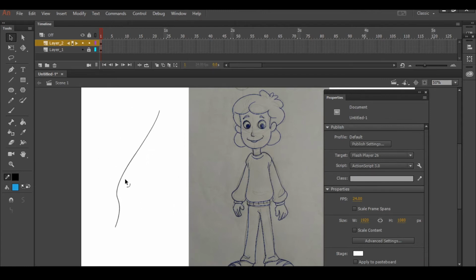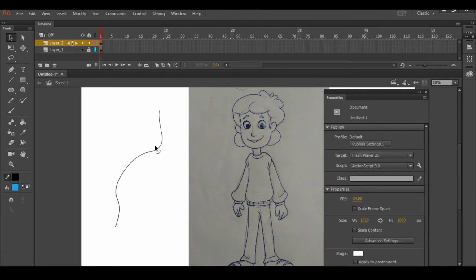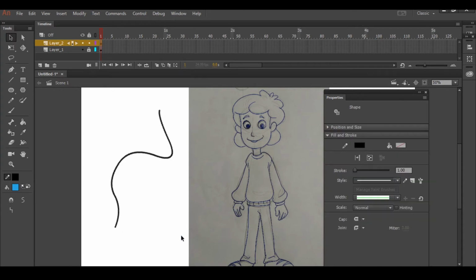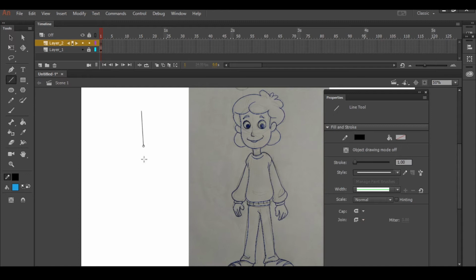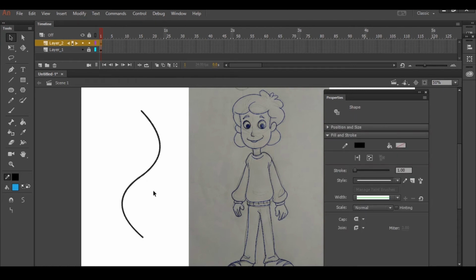If you want some cut here, just select the area, click again and just see. It is like editable lines. This is the way you can turn a normal line into an S. Now it's a C curve. If you want to make it an S, just select this part and move it. See, done. This is the easy way. The shortcut key for the line tool is N and for the selection tool is V.